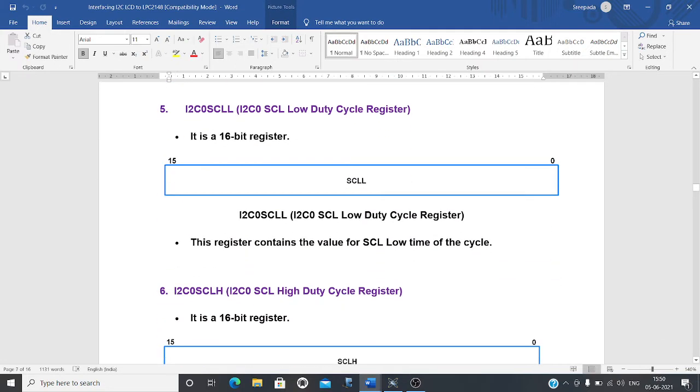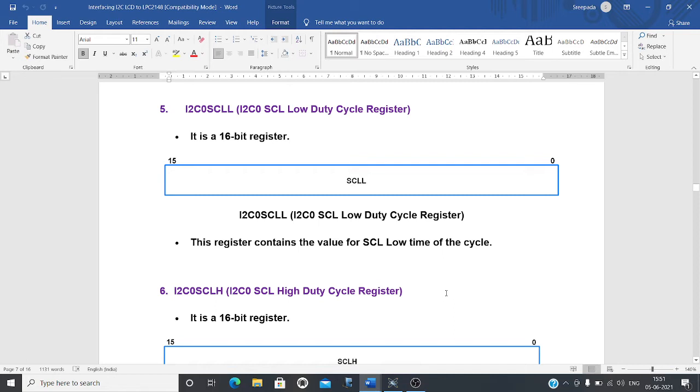Then there are two registers associated with the clock. One register is called I2C0 SCL low duty cycle register, and the second register is the I2C0 SCL high duty cycle register. The duty cycle of the clock will decide the speed of the clock. While you are using I2C communication, it has its own clock information.